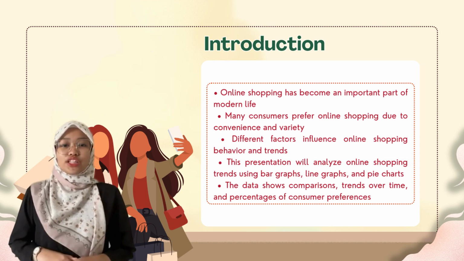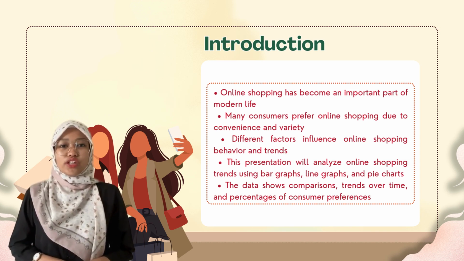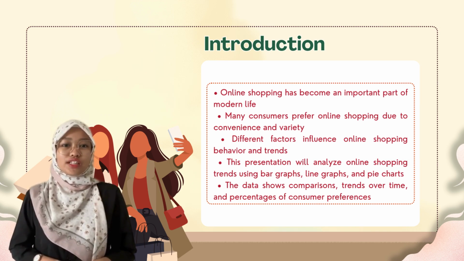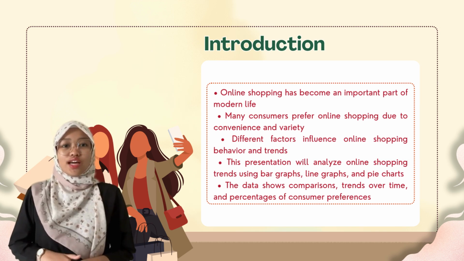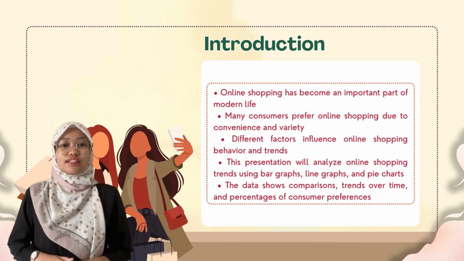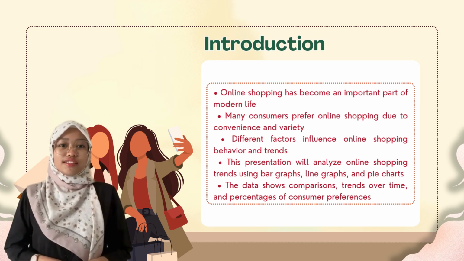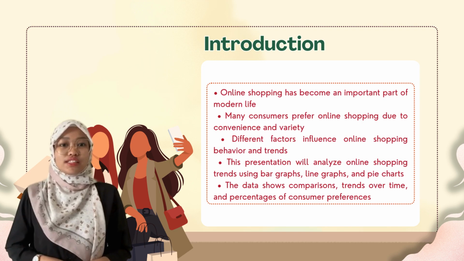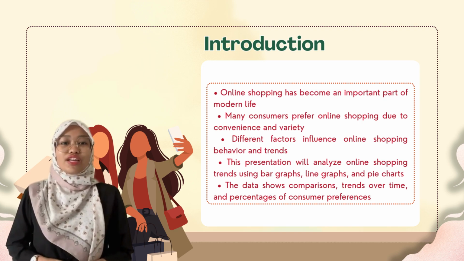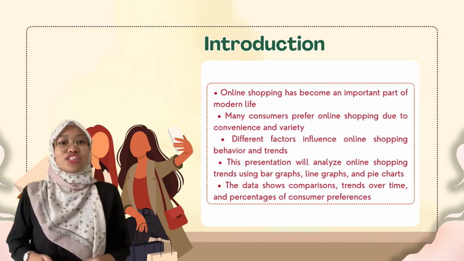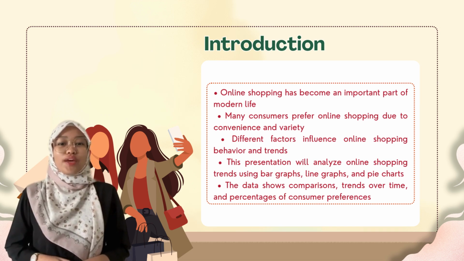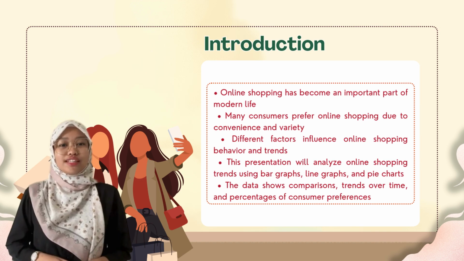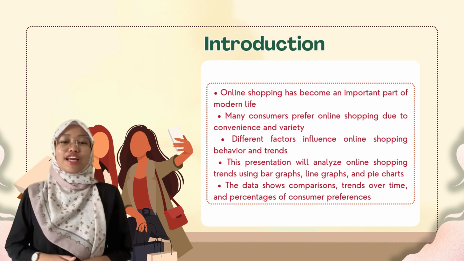In this presentation, we will analyze online shopping trends using different types of visual data such as bar graph, pie charts, and line graph. Each type of graph helps us understand the data in different ways. For instance, bar graphs are used to compare data, pie charts show percentages or proportions, and line graphs illustrate trends over time. Through these graphs and charts, we will be able to clearly see comparisons, changes, and patterns in consumer